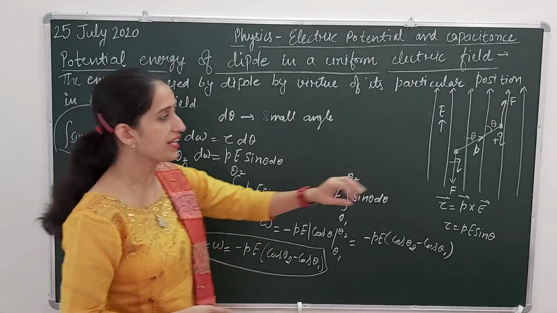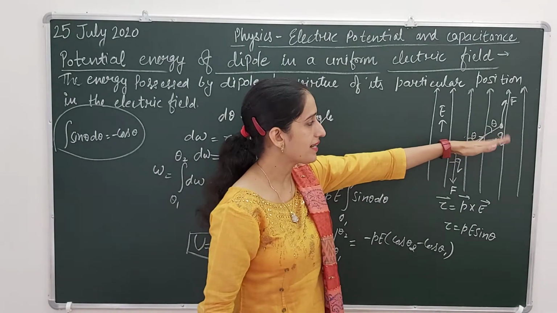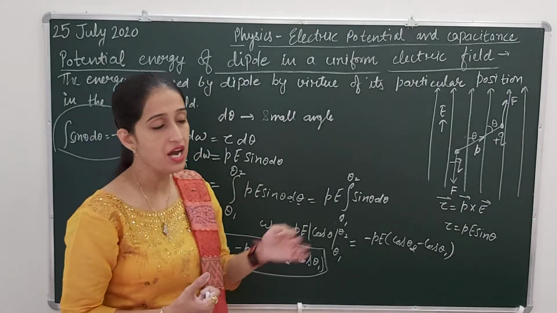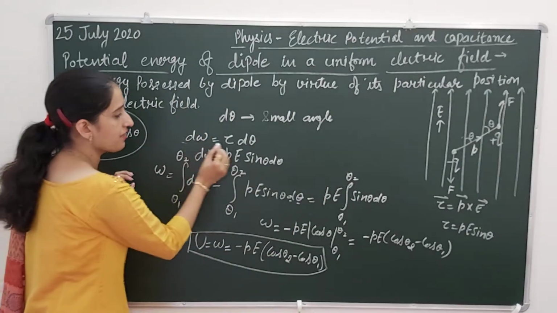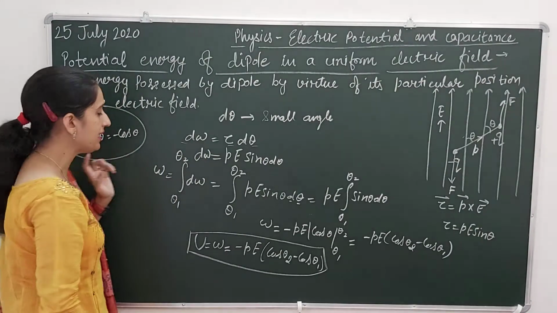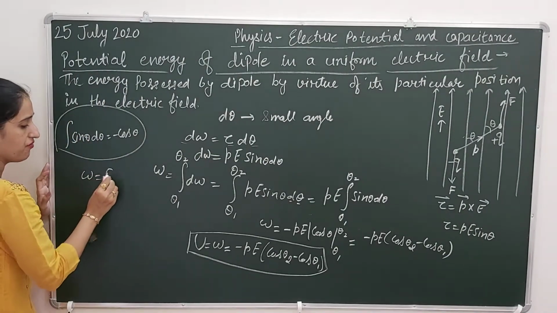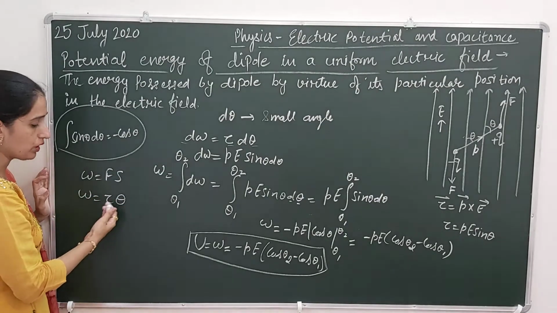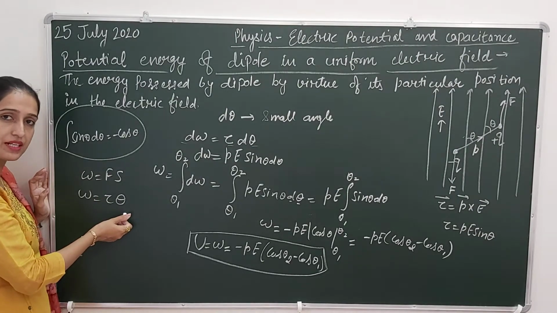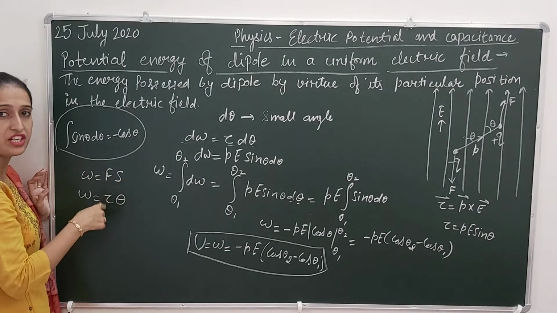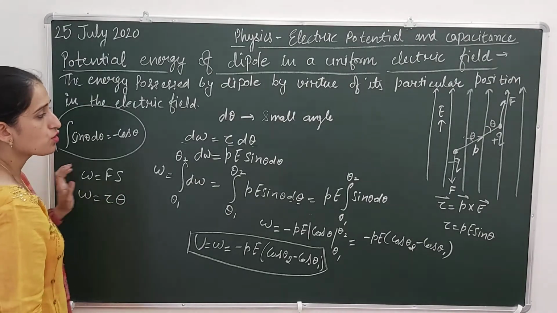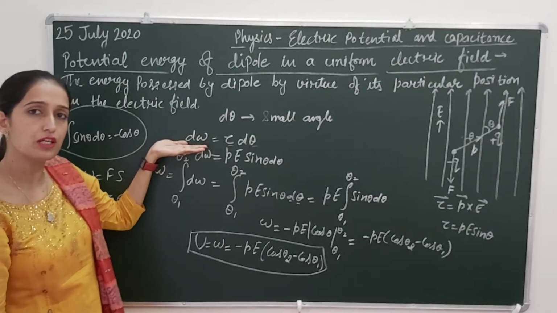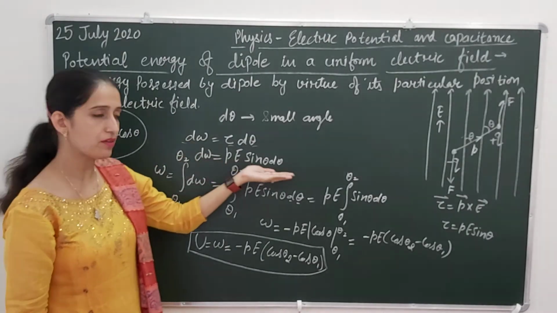So if we want to change its position, if we want to rotate it by some angle, we need to do some work on it against this tau. That work is given by tau d theta. In linear motion, work done is given by force into displacement, and in rotational motion it is given by tau into theta. Linear displacement, angular displacement, force, and this is the rotational effect of force, that is tau. So rotating through a small angle d theta, the amount of work done will also be small, dW. dW will be equal to this.